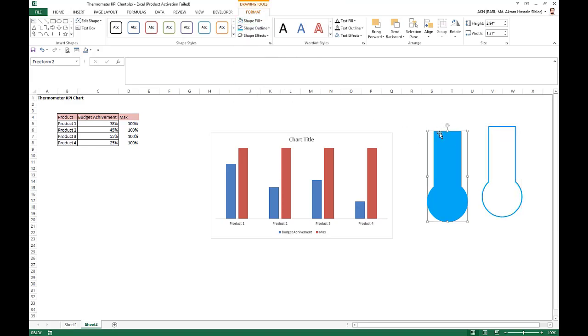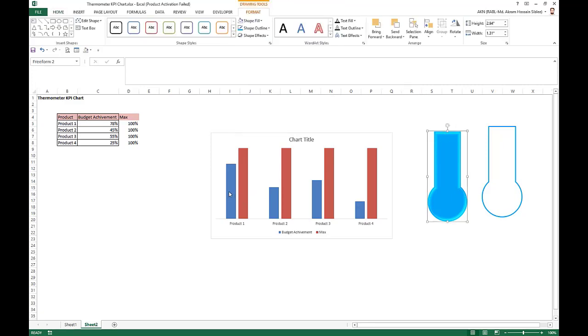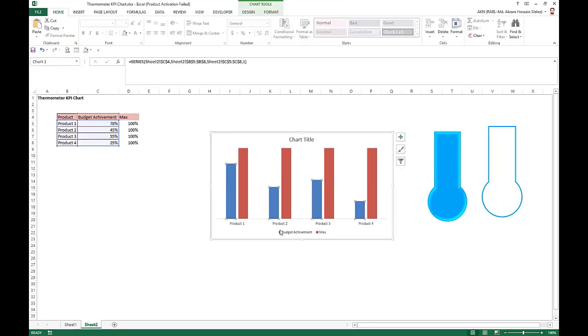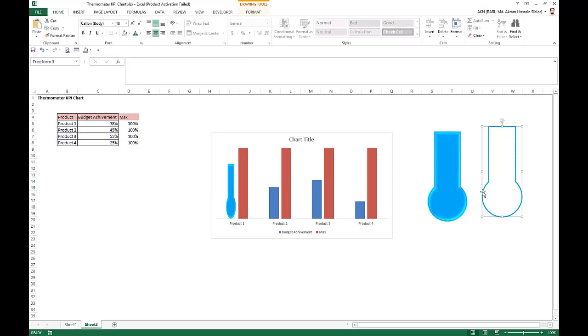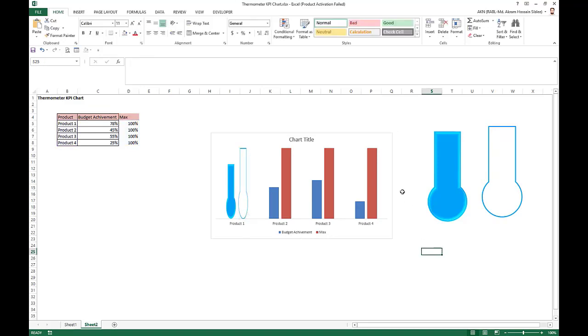Again select this shape, go to Shape Effects and take preset as preset 7. Now copy this thermometer, select first the budget achievement, only this achievement, and paste it here. Now select this shape, the 100% of product 1, not others, and paste it here.